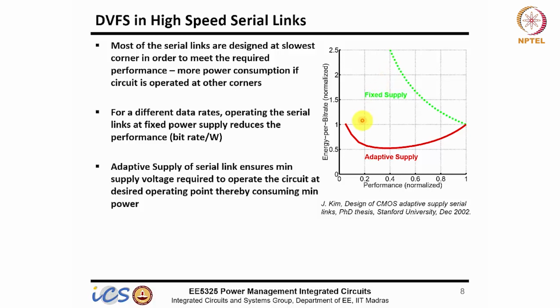So think about your DC-DC converter. When you are running at maximum load, your conduction losses are dominant. But if you keep the frequency the same at light load, your switching losses will start dominating and efficiency will be less. So from that perspective, this is the loss. At light load, your loss is much higher if you don't change the frequency. But here, we are changing both frequency and supply, so you try to maintain the loss of the system at the minimum possible.